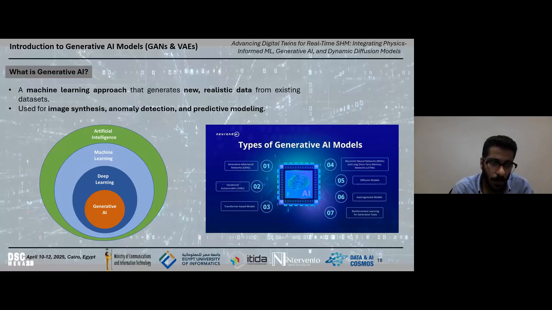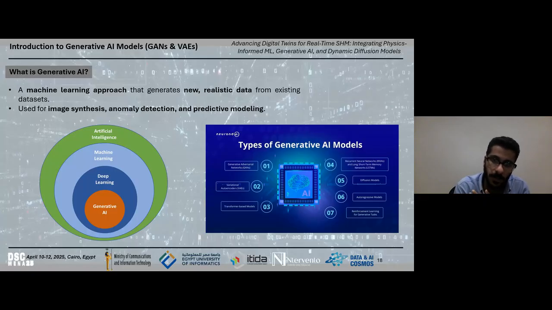The main idea is to use generative AI to simulate these scenarios, whether it's a crack in a bridge deck or corrosion in a pipeline. We can generate synthetic data to train models to classify and predict these damages, which are not available in reality.